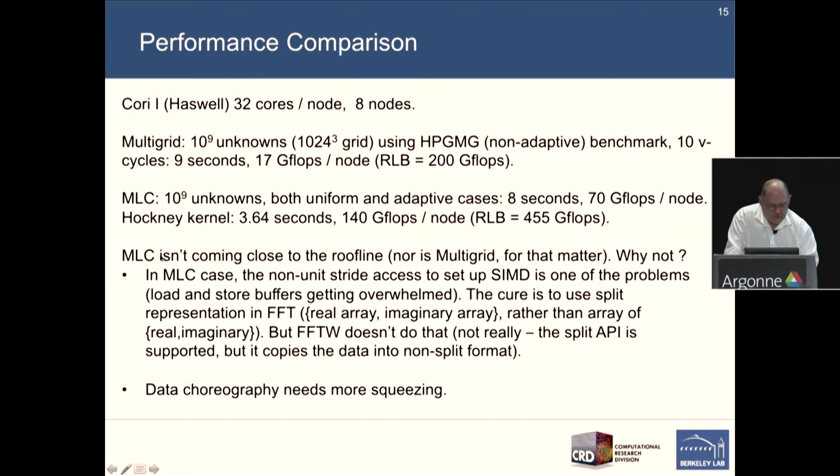Now, what else do we have? And that accounts for this 140 versus 455. And in fact, the headroom for the Hockney is huge. The actual AI just for the Hockney kernel is about somewhere around 500. We read in very small amounts of data and write out very small amounts of data at the expense of doing a lot more floating point operations. And then probably the data choreography of copying these things on codimension 1 surfaces needs more squeezing,